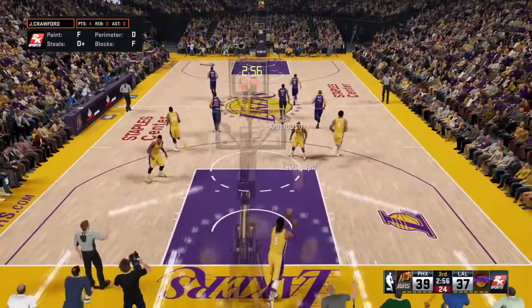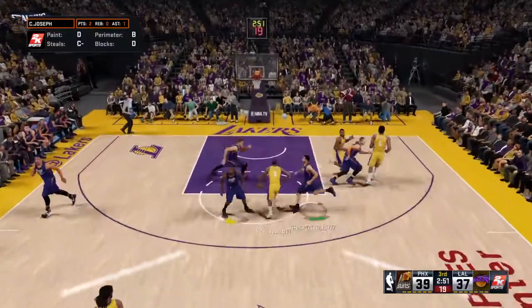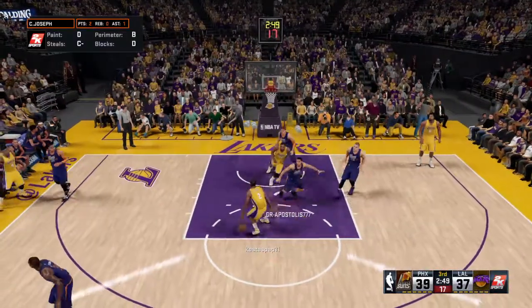Here's what Phoenix has got going on right now. Powell, he's checked in for Adrian Payne. And it's Andre Robertson in for Aaron Afflalo. And at the